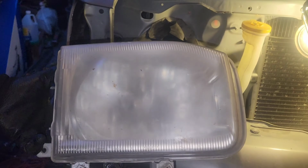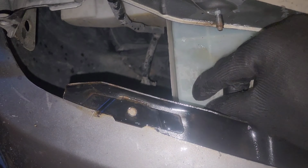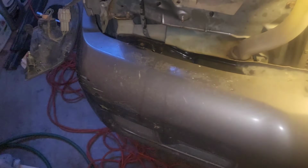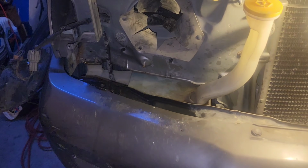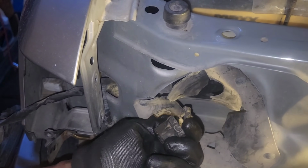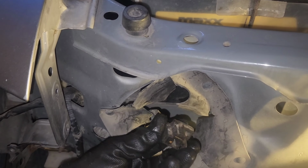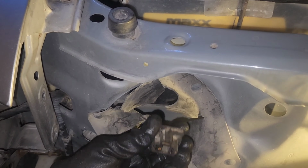So here's our headlamp off of the truck, and here's our nut. And again, we didn't break anything so far. Now, let me show you guys the tabs that I'm talking about. So you have one here on the inside and on the outer, and all you're gonna do is just squeeze